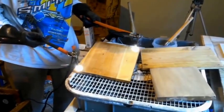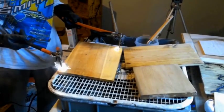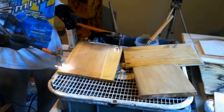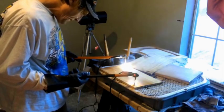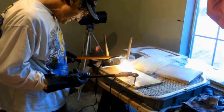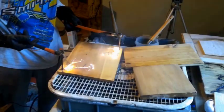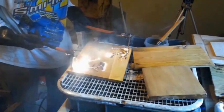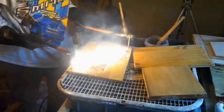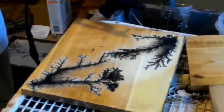We're hot. Okay, you can see already the wood's starting to dry out. And I just remembered I did not get my exhaust fan put on. So we'll do that, because we don't want to smoke us out. Right now, though, we've got a good burn going. We're going to keep that going as long as we can without getting into it. But you see where we got the fire going now? It's burning deep channels. These are about to catch each other. When they do, wow, it gets hot. But you see, we've got two nice patterns laid down right there from